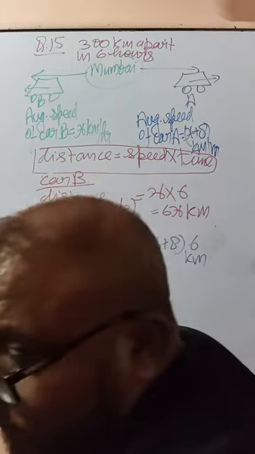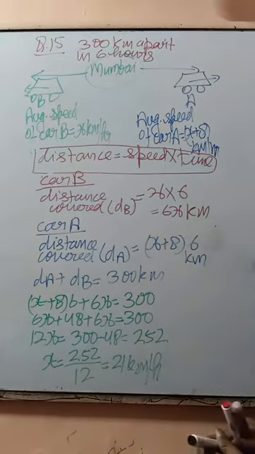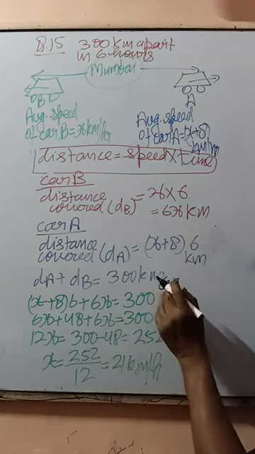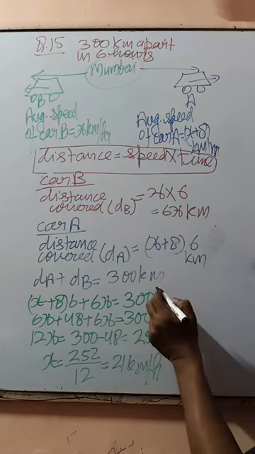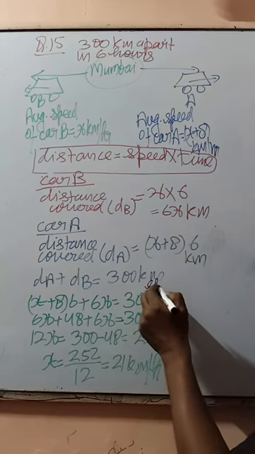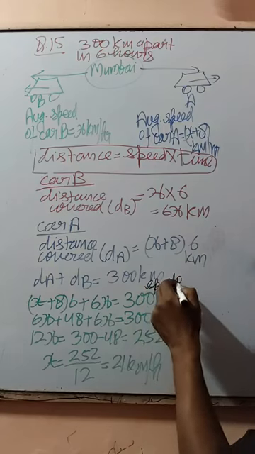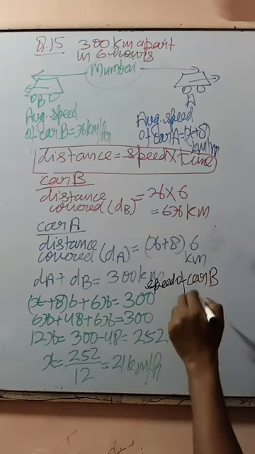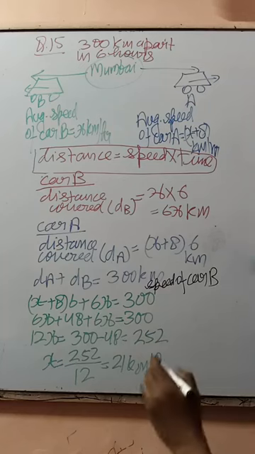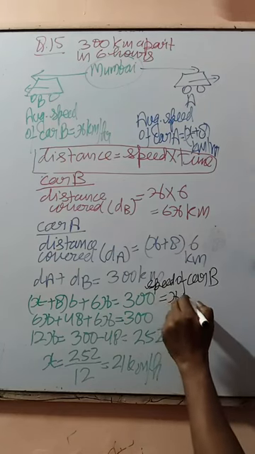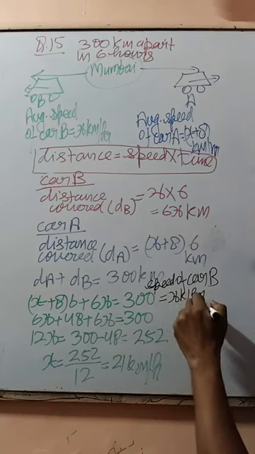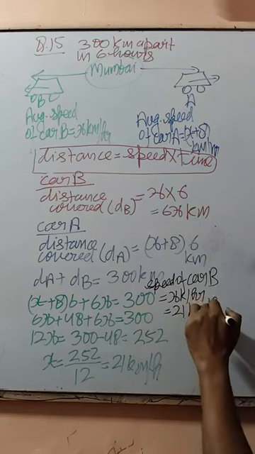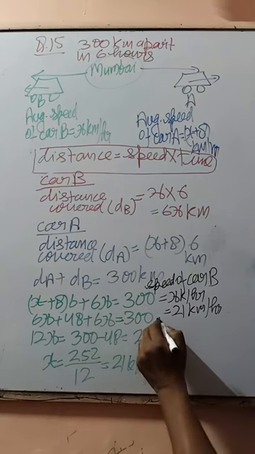So speed of car B is equal to x kilometer per hour, is equal to 21 kilometer per hour, right? Yes, sir. And